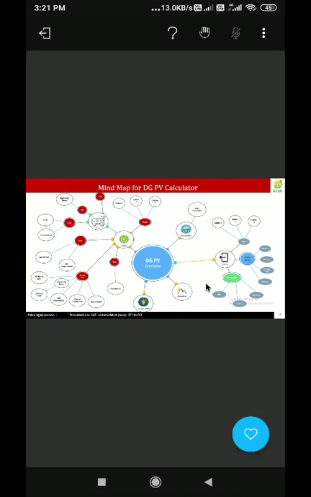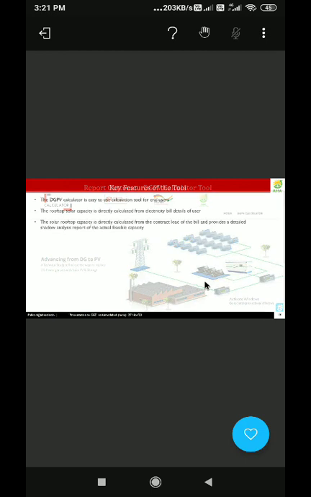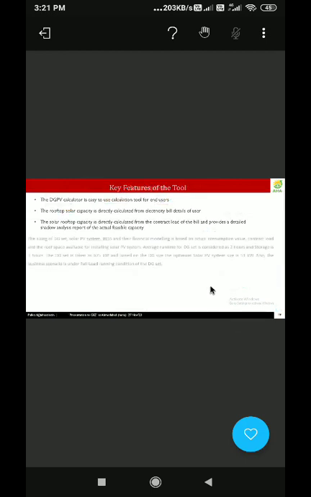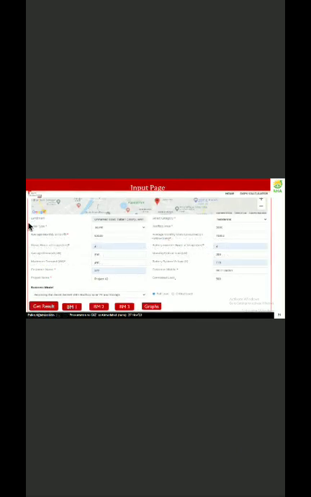Objective, and that's how this calculator was developed. Before I move on, I'll show an example of how the calculator is working. So if you see, there's a map. If I click on the map,